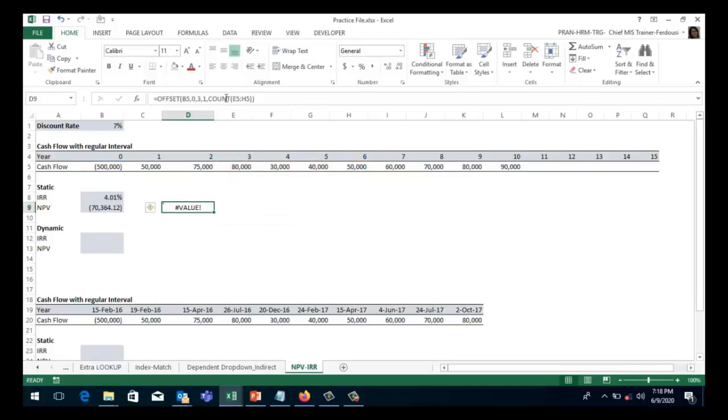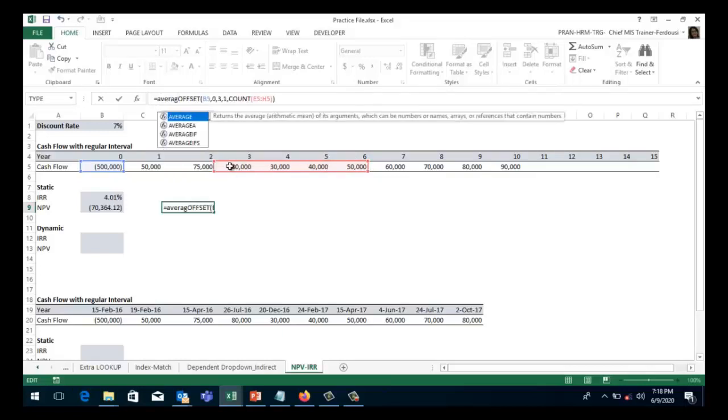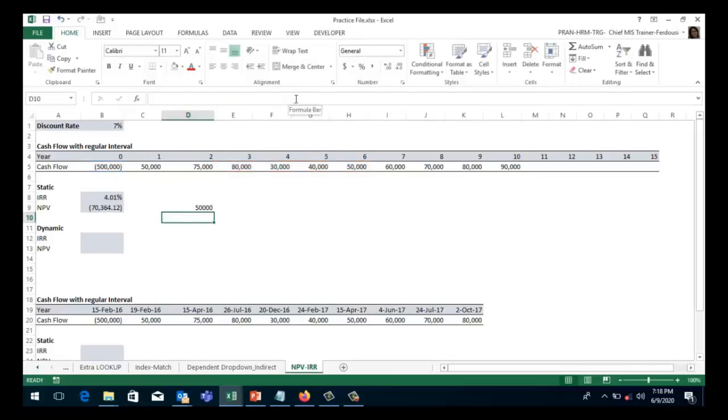If I use this function inside any other function, it will show the result, like count E5 to H5, that means 3, 4, 5, 6 numbers. I can calculate the average, then close the parenthesis, then press enter. For E, F, G, H, the average is 50,000.